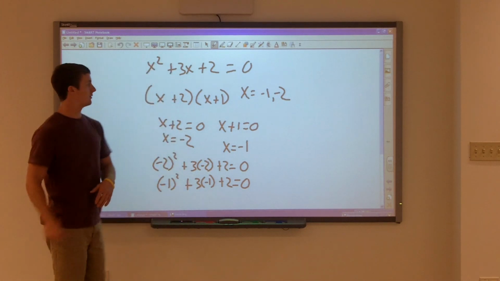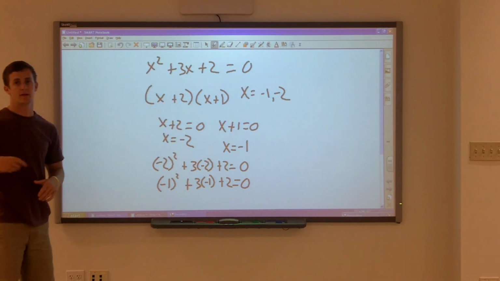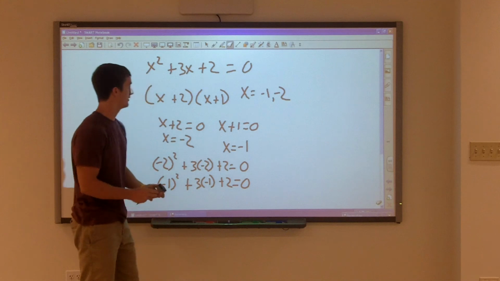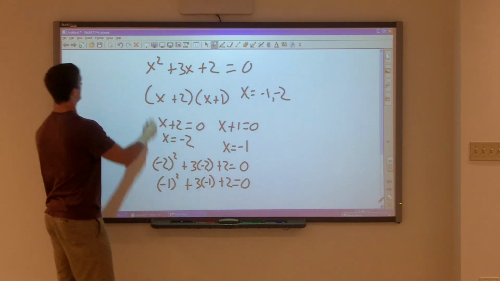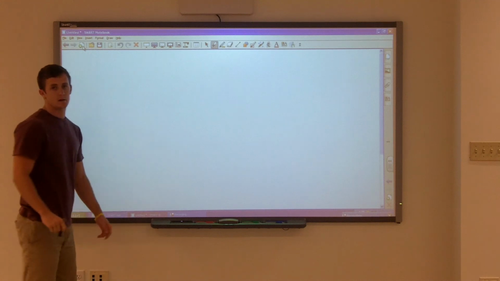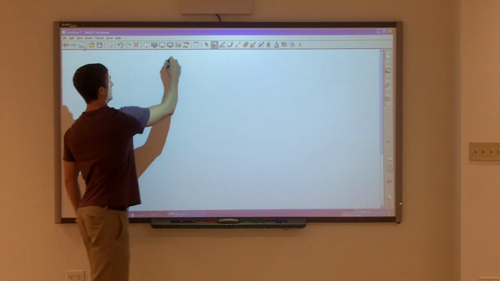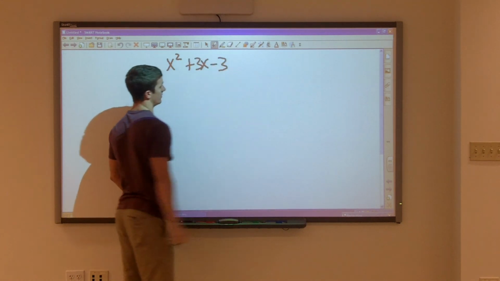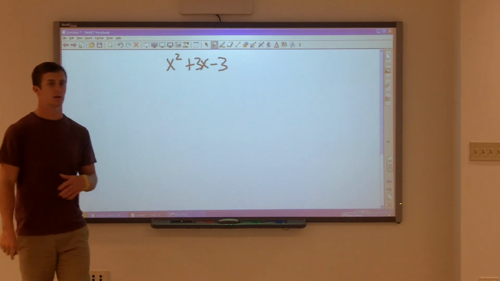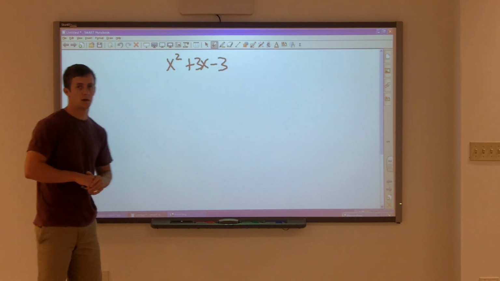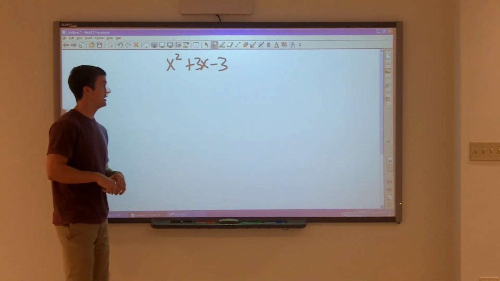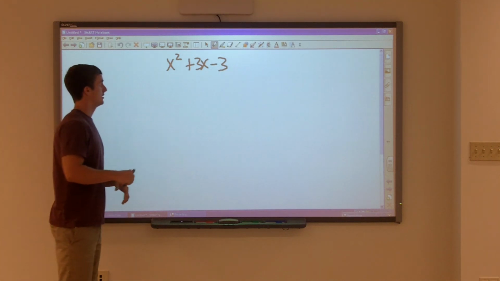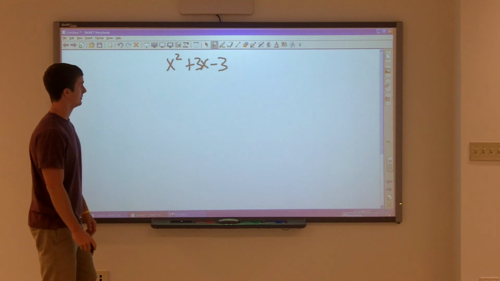Now, there are obviously going to be times when we have a problem and we can't factor, we can't solve for the roots in this simple format of factoring. So they have developed a formula called the quadratic formula. We'll take a quick look at that. So, for our quadratic formula, we have the equation x squared plus 3x minus 3. Now, using the simple factoring rules that we used earlier, it's going to be obvious pretty quick once you start working on it that there are no numbers that you can factor out easily to factor this problem to a simpler equation. So rather than doing it that way, we're going to use the quadratic formula, which is simply